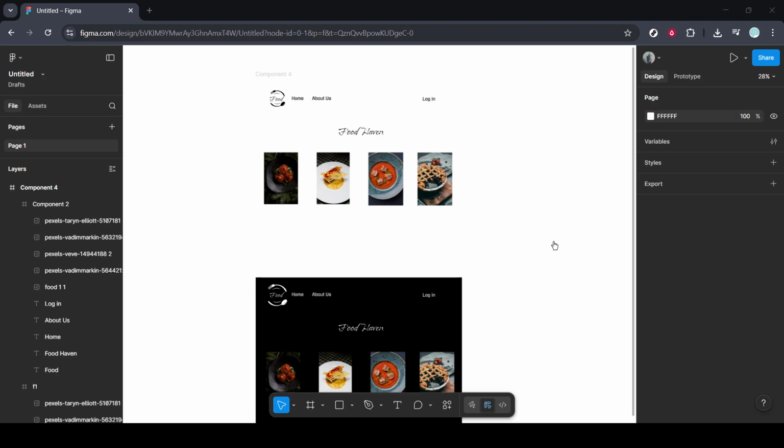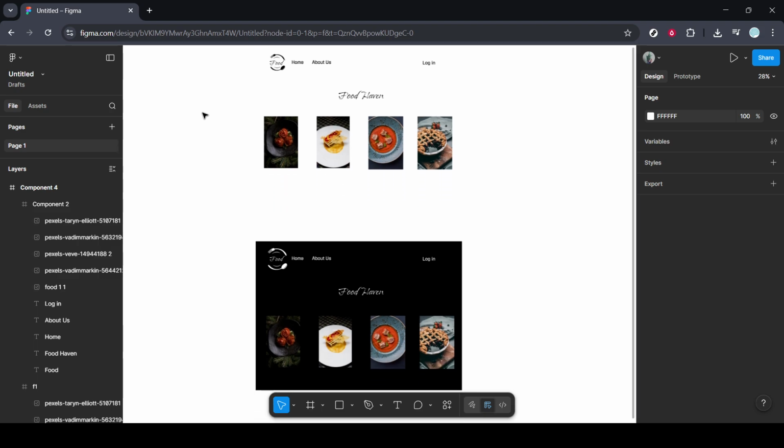In today's video, I'm going to teach you how to create light and dark mode in Figma. Creating light and dark modes in your designs is a fantastic way to enhance user experience and accessibility, allowing users to choose the interface theme they prefer. We're going to walk through the process of setting this up directly within Figma, making it interactive and easy to